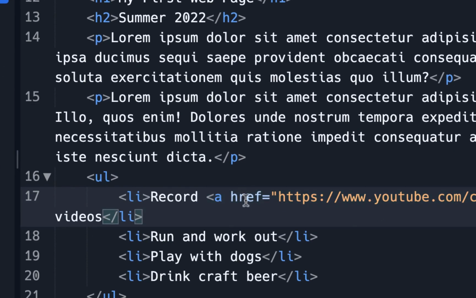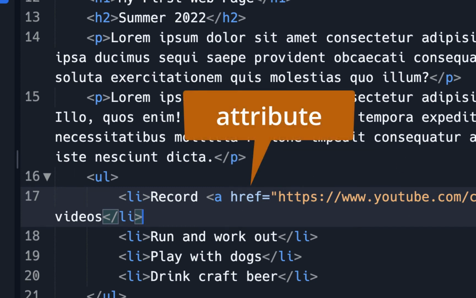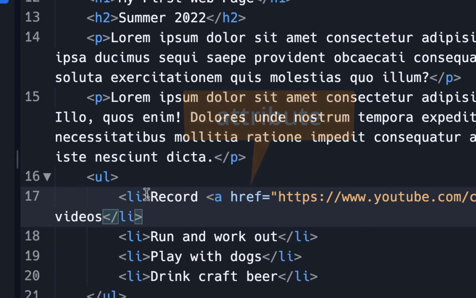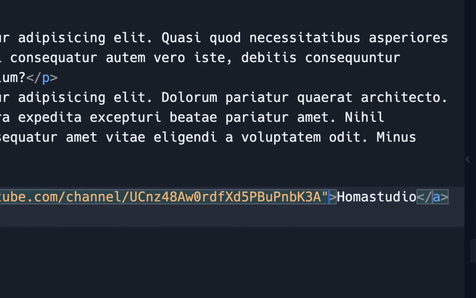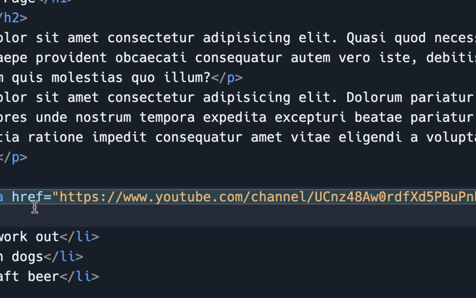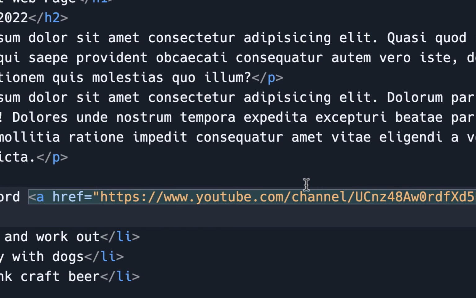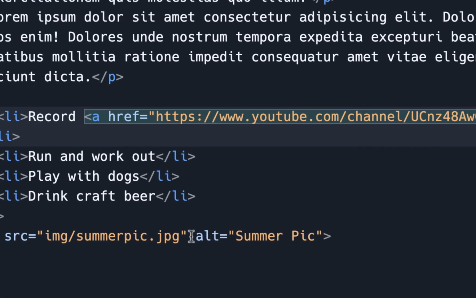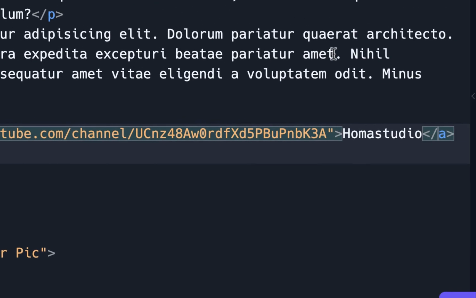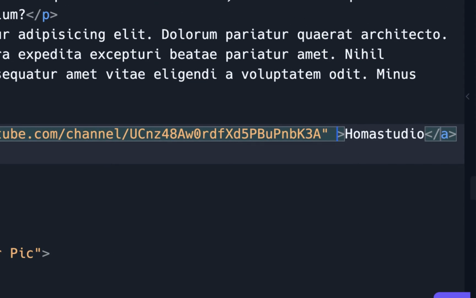So again, remember, href is an attribute, and that's the only attribute we have in our link. And this is all taking place within the line item and within the Home Studio, because that's the only part that's hyperlinked. The opening A element right here, the opening tag, and put another attribute, because one attribute is hyperlink reference. So I'm going to put a second attribute, and I'll put a space just like we did down here. Remember, we had to put a space here. I'll put a space, and I'm going to put target